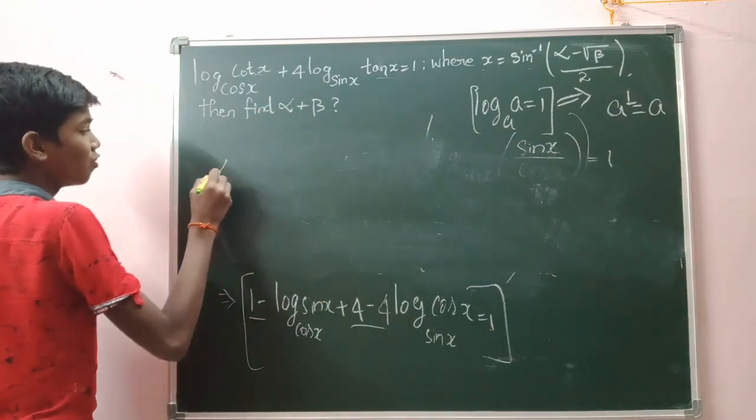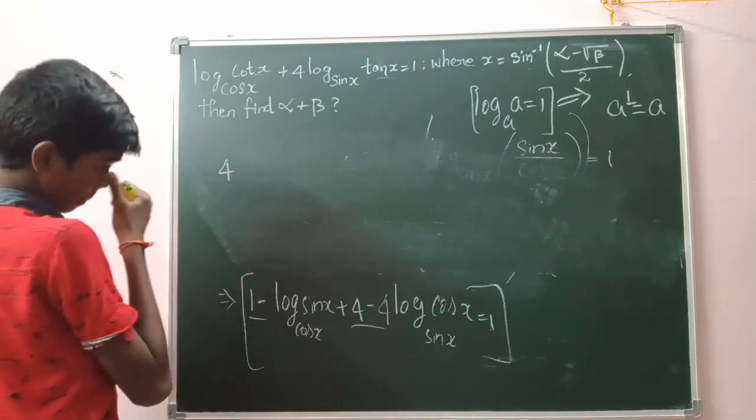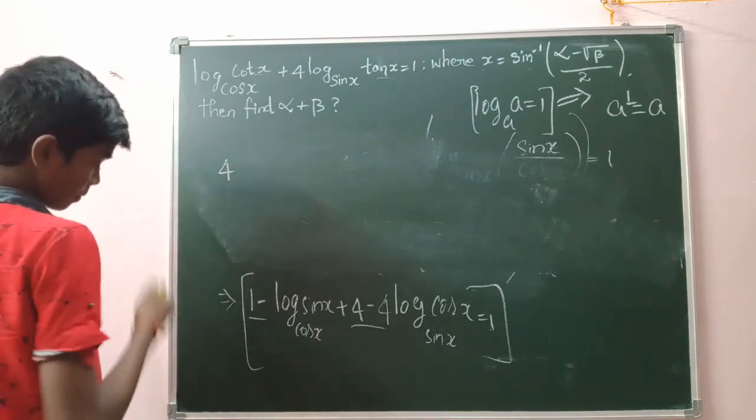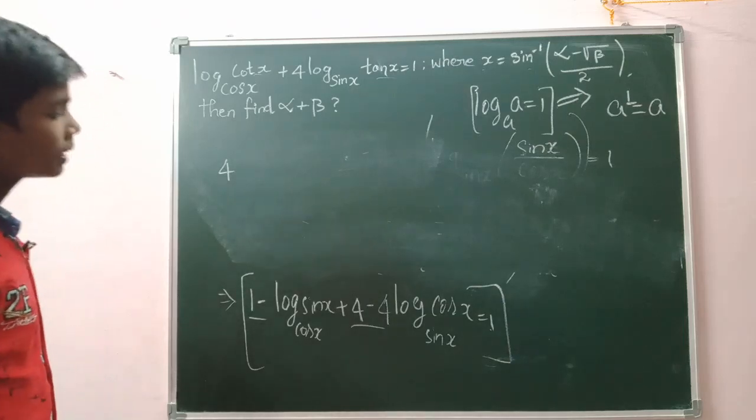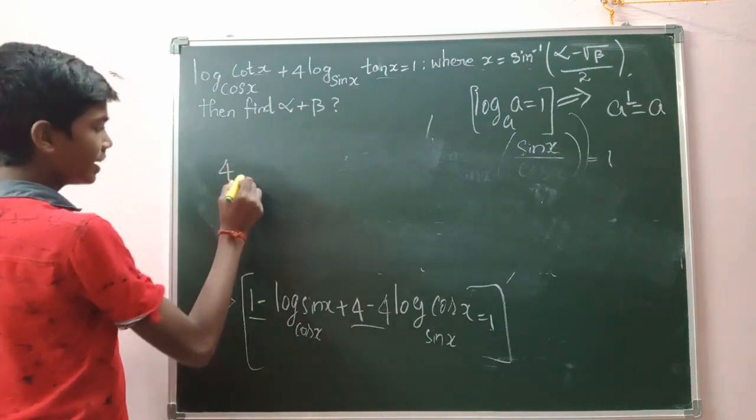That will get us 4 minus t plus 4t square. Okay. Everything is right. So 4, then minus